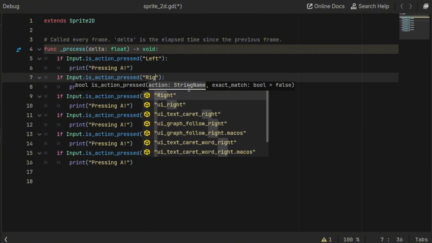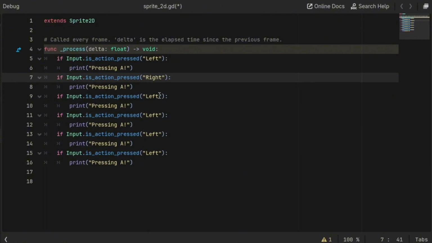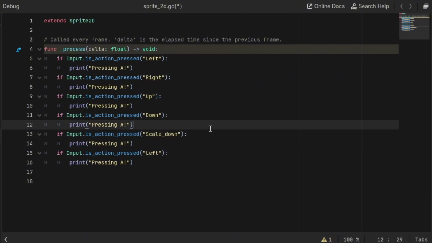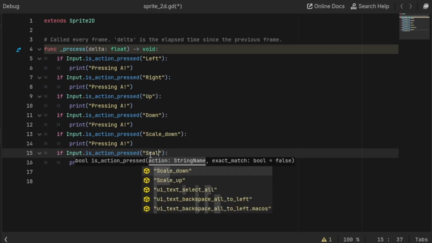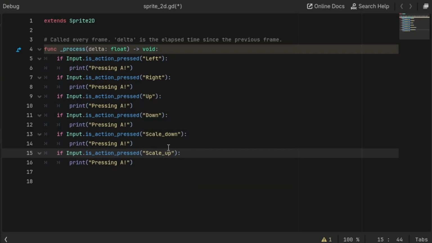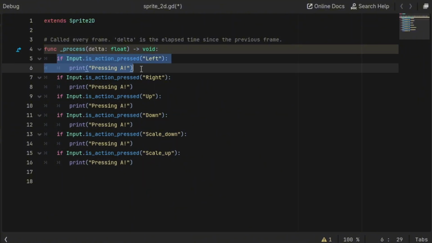So we have right, up, down, scale down, and scale up. And basically anything that is inside of these functions will be playing, of course, when we trigger these actions. So let's say I would like my sprite to move left, right, up, and down when I press